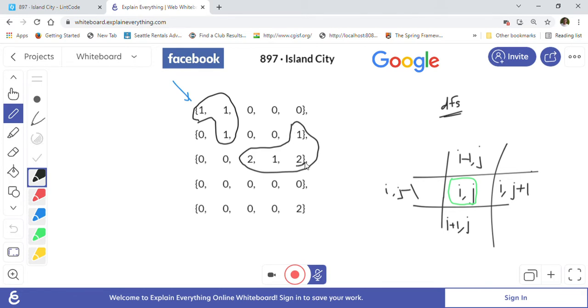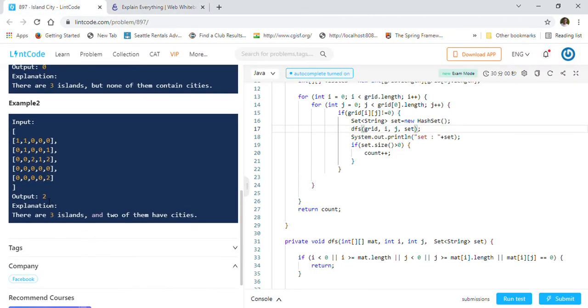We can count it as one island city, and this is another island which has a city. Two means it is a city built on top of an island, so it can be considered as one other island city. So 1 plus 1 is equal to 2 should be our answer. As you can see, 2 is the answer here.